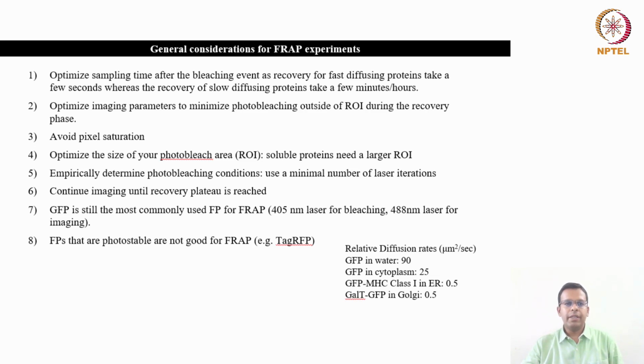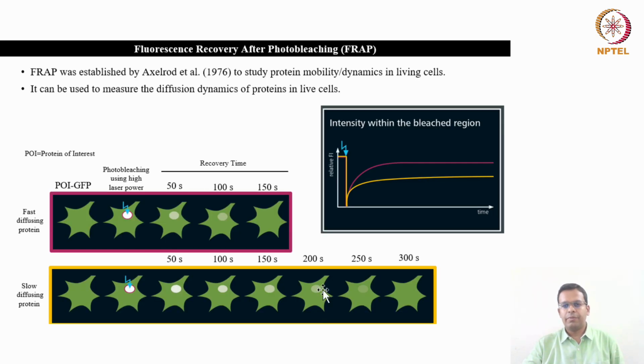So what it is saying, let's say you are setting up the FRAP experiment. How will you decide that you will image after bleaching, say every 50 milliseconds, every 50 seconds? Let's say this is a fast diffusing protein, so it may recover in 300 seconds. But let's say there is some slow recovering protein. It may take, let's say, 10 minutes to recover. So in that case, you have to image up to 10 minutes. But in that case, you will not image at every 50 seconds, because each imaging also creates some level of photo-bleaching. So you should not image unnecessarily.